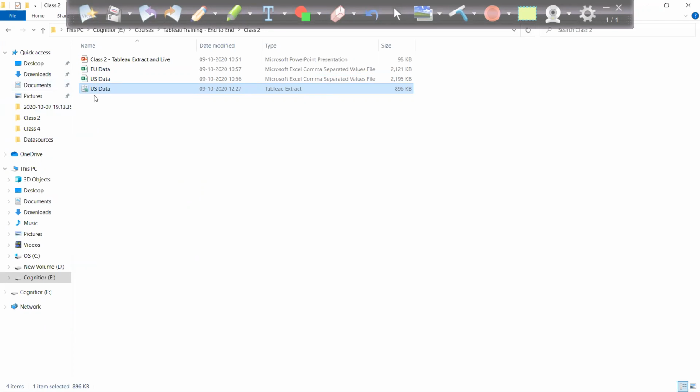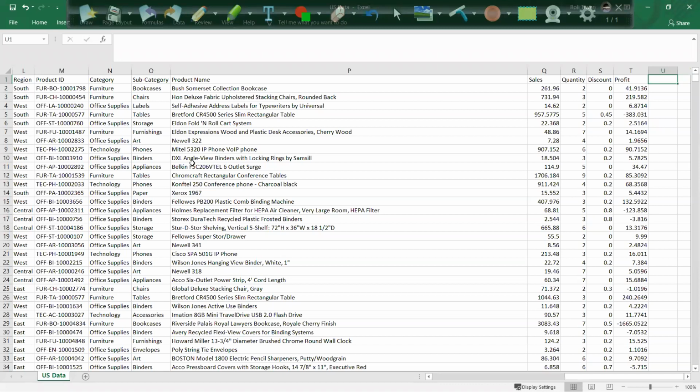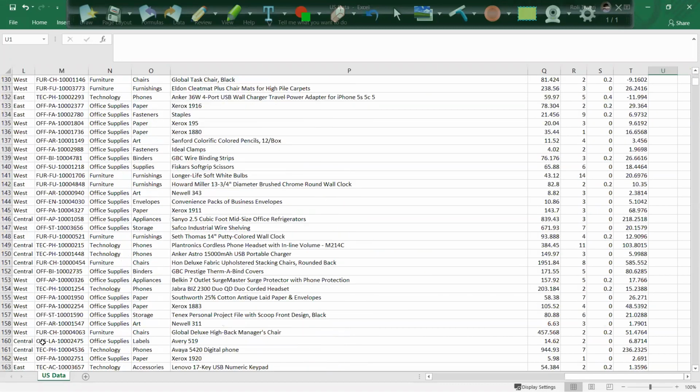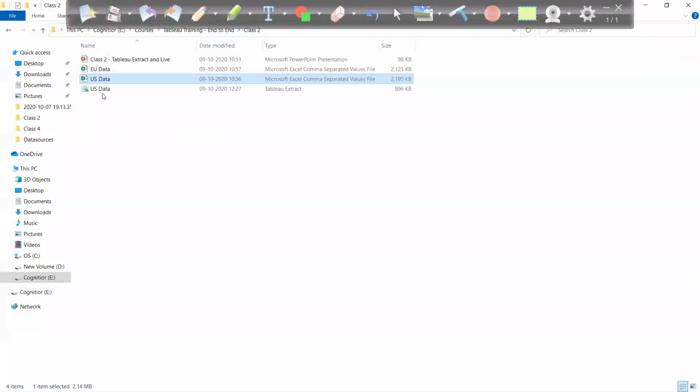Now what I can do is I can put this in any of the servers and I can connect directly from that server also. Suppose I am putting this in a SharePoint or Google Drive. You can download that and you can use that in your machine. So this data consists of US data. Suppose I am adding some more new records. Those new records will not be there in this file till the time I refresh it. This is just the snapshot of the current data.